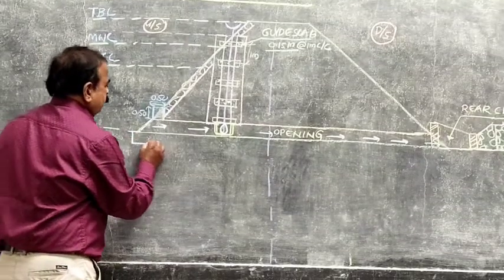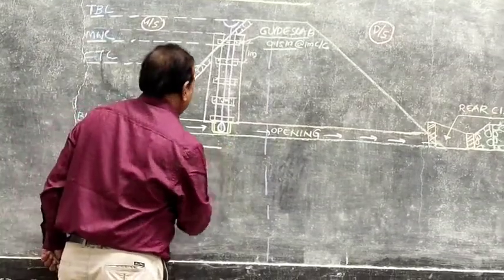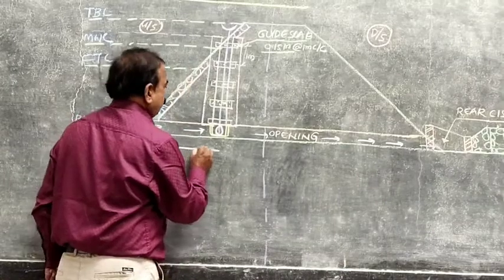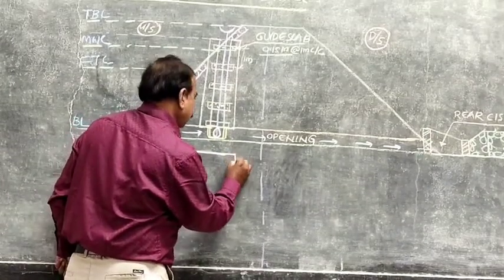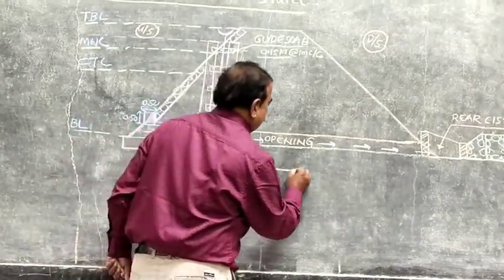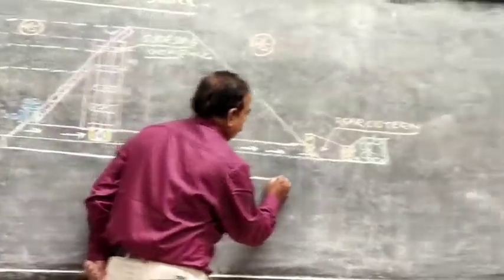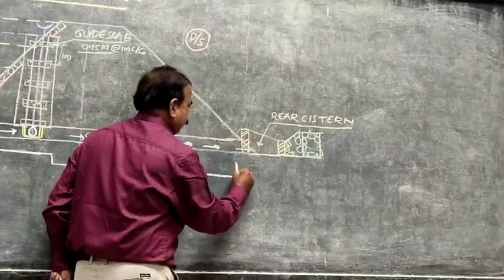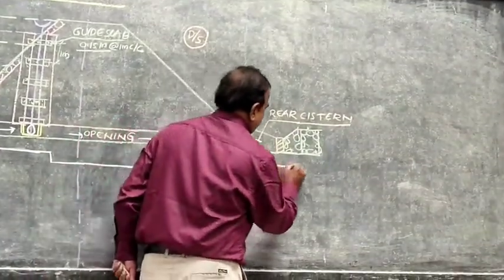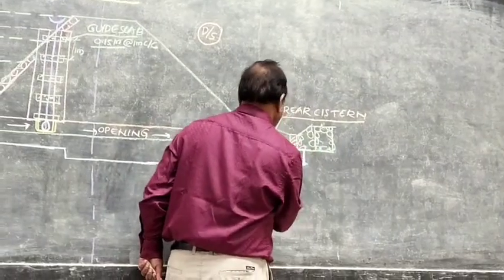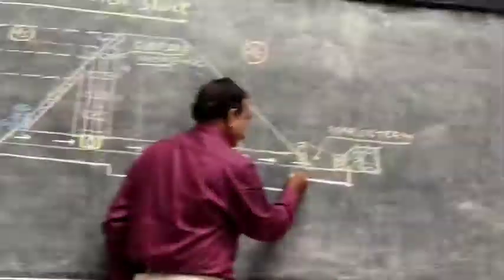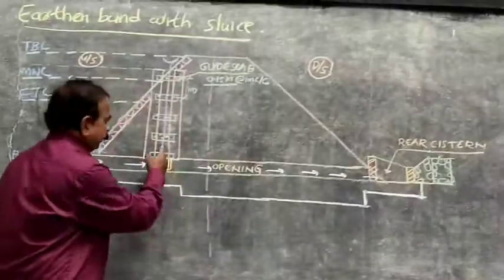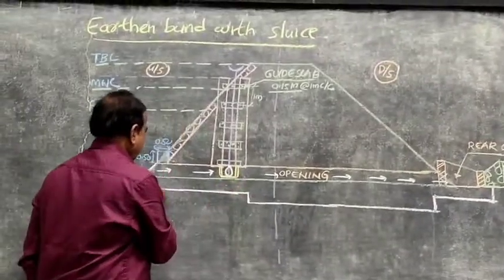That foundation is normally made of CC bed. In some cases the foundation depth is more for openings. You can see here, it is more for openings, and less for the rear system, and then the plug chamber and